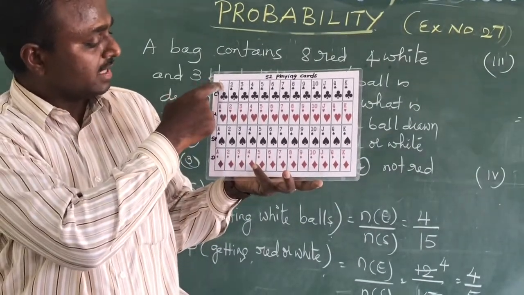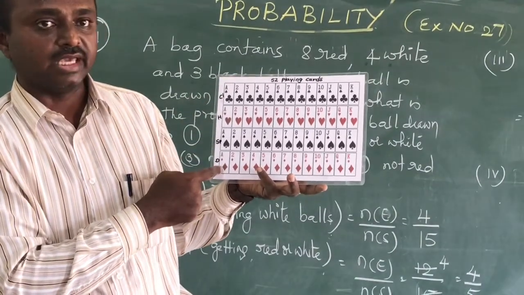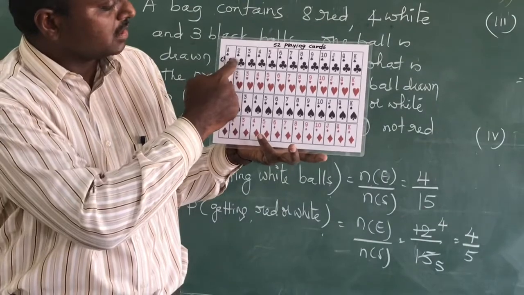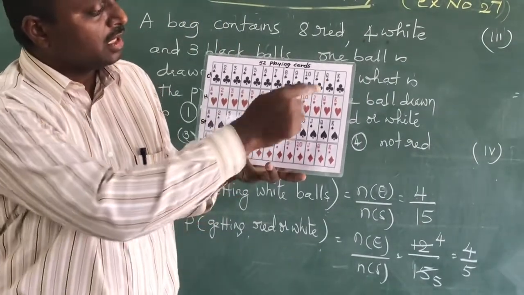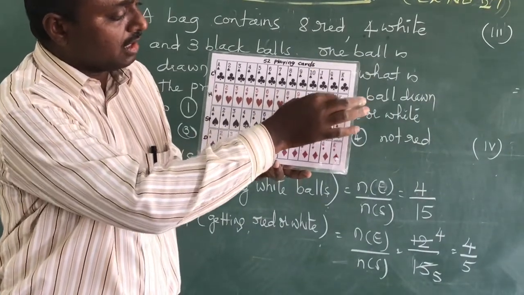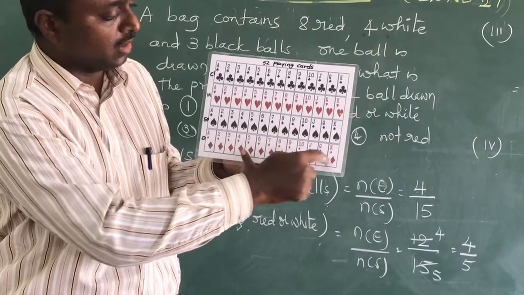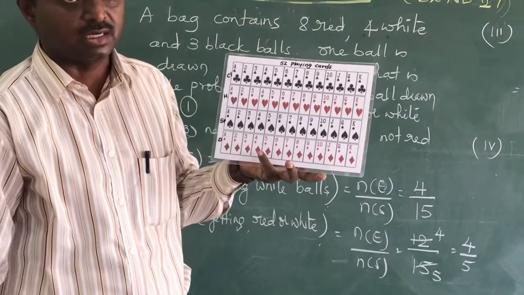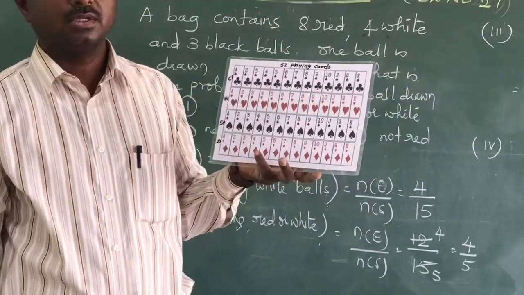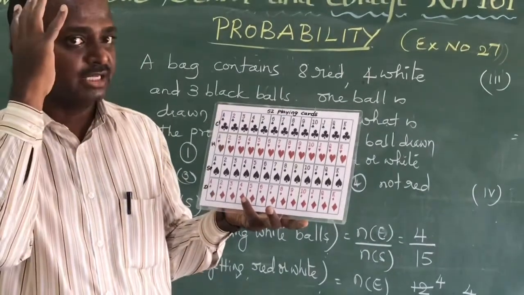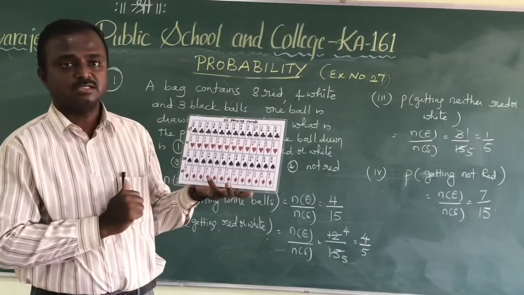First card, in all the suits, is called ace, A-C-E. Remaining cards are numbered 2, 3, 4, 5, 6, 7, 8, 9, 10. And the last 3 cards in each suit, that is 3, 6, 9, 12, so totally 12 cards are called face cards. They are named Jack, Queen, King. Understood? So remember this concept in your mind, and we will apply this concept in our next sum. Okay?